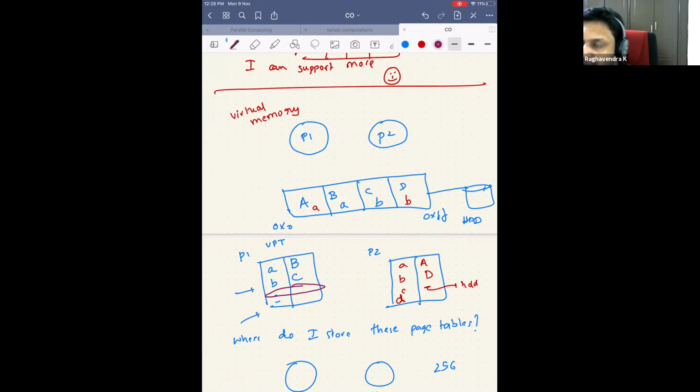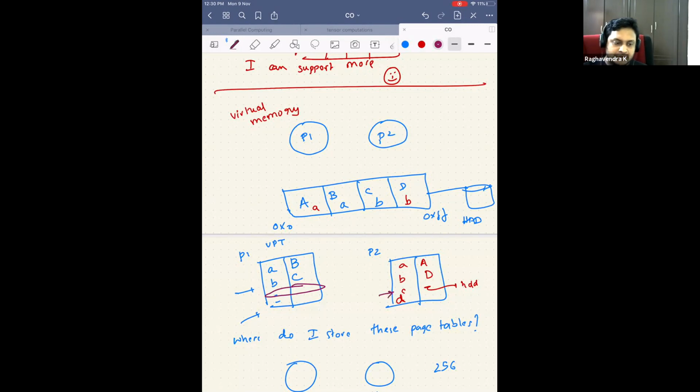When can you not have accessed it? So can there be a memory which you have never accessed in your life? See here, C was accessed at least once. That's why there is an entry, right? It's just that it is not in the main memory. Can there be an address which you have never accessed in your life? Can there be a page that can never be accessed? That's possible. Yeah, how is it possible? If it is not needed by the process, then it will not be. See, how is this entry created?